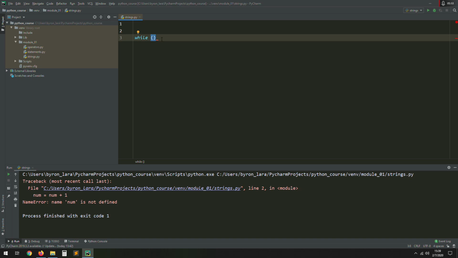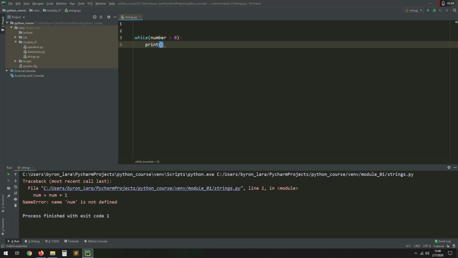it will execute and repeat the operation or the code that you have as long as the expression is true, and the expression has to be inside these parentheses, right? This is the structure of the while. First you put the keyword, then you put the expression inside these parentheses. For example, I would put number is greater than 0, right? And then we put a colon,